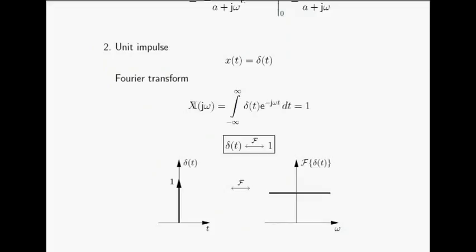x of t equals delta t. Okay, and x of j omega will be the integral from minus infinity to infinity of x of t e to the power minus j omega t dt. Since you know that delta of t is valid for t equals 0, this integral will be 1. Okay, so the Fourier transform of delta t is 1. So this is the graph of the delta signal, the unit impulse signal, and